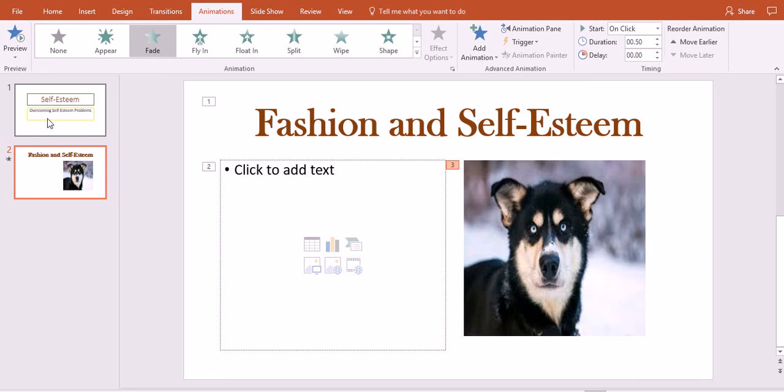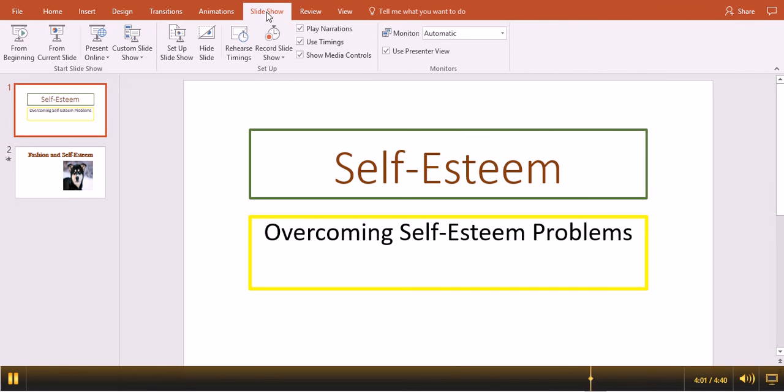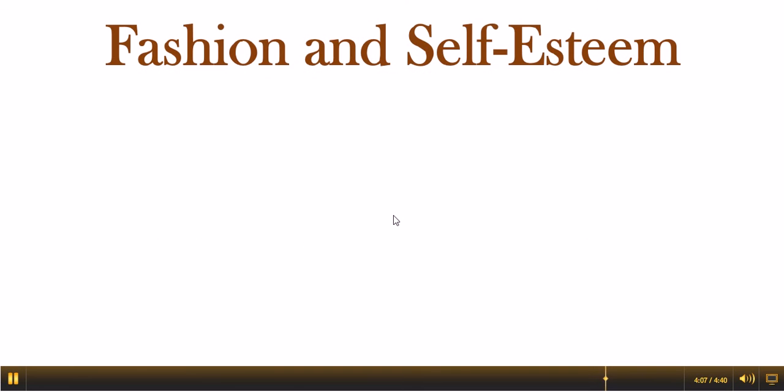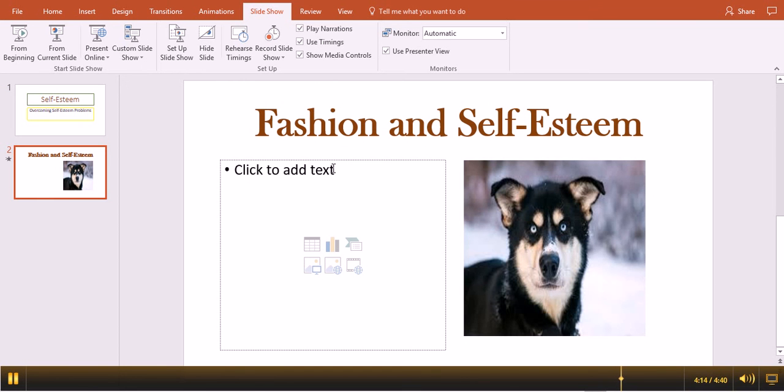So if you want to see your slideshow, you just go slideshow, and we could go from beginning. I didn't put animation on the first part, but this should come in now if I click. There, it slides in, that comes in, and end. I missed one of these because there wasn't anything in the text box. So it's really playing around with